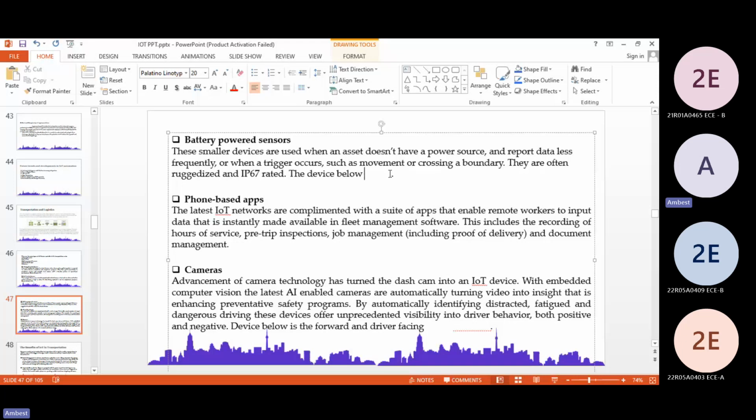By this, it automatically identifies distracted and dangerous driving. These devices offer unprecedented visibility into driver behavior, both positive and negative, through forward and driver facing cameras.